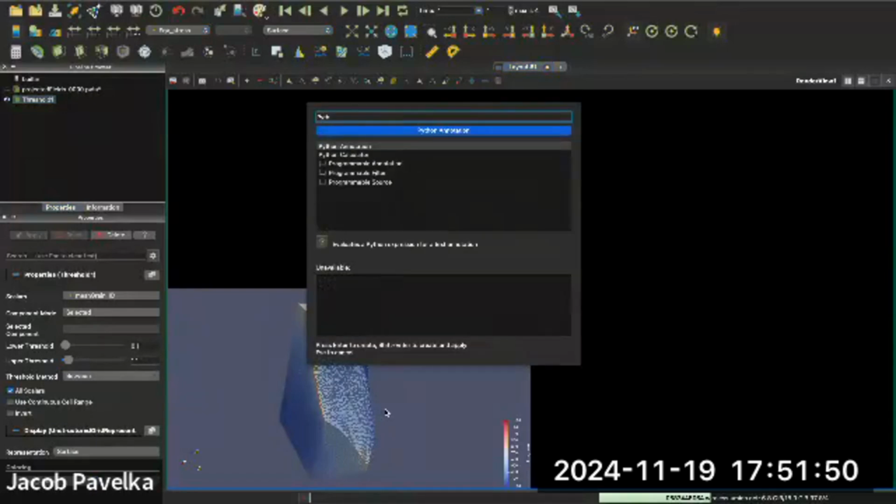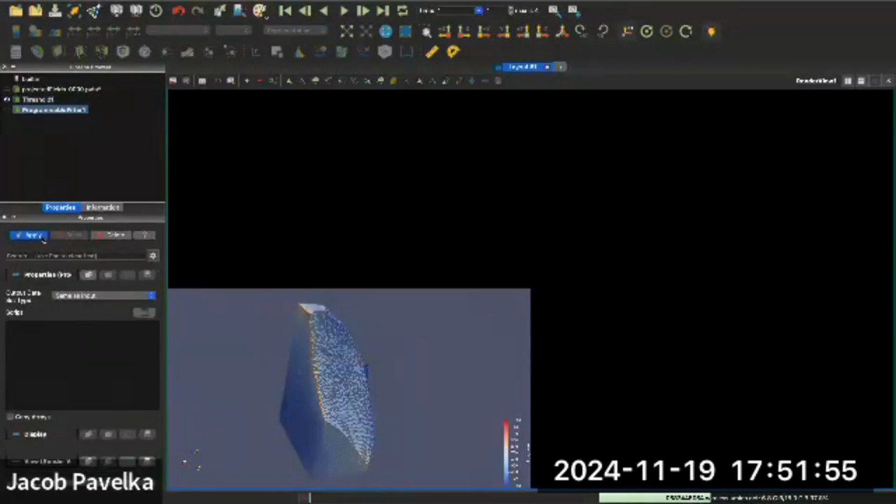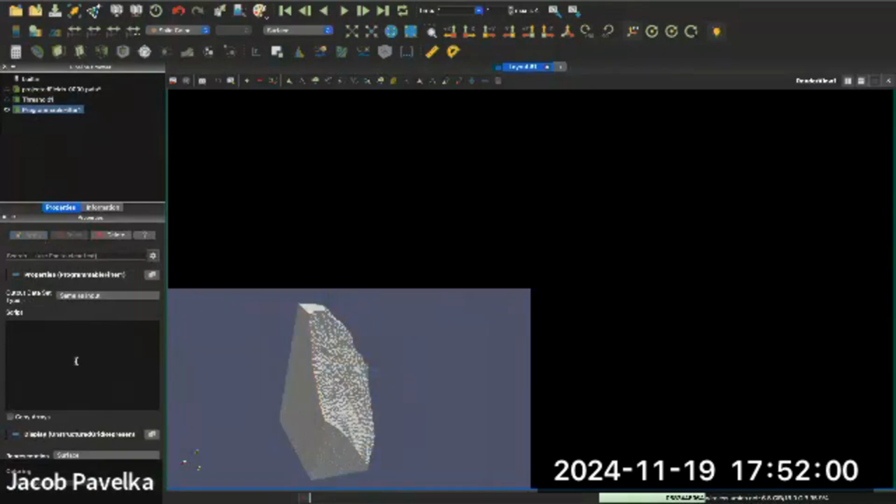So one thing you can do, if someone's really interested, I can dig through my files and show you how to do this, but you can make some Python scripts also in ParaView that takes all these things that we output, the stress state, and processes them in some way, and then immediately show it on the mesh. So when we have these different variants, like